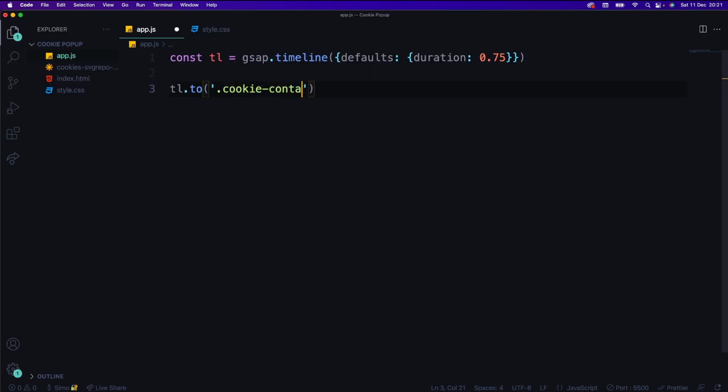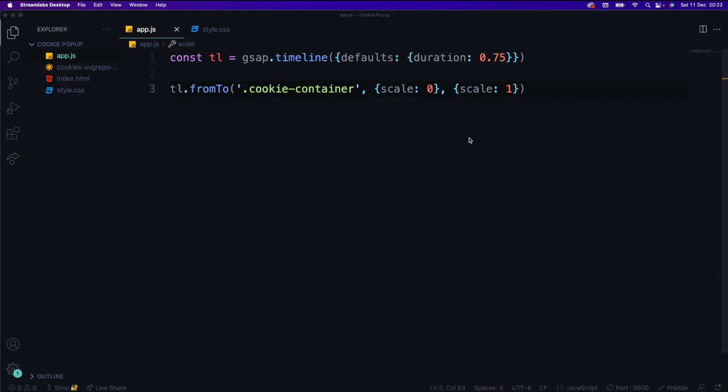In this case, the cookie container, like that. I'm going to add a comma to it. What I want to do is just scale it up. Now, what I want to do first is actually scale it down. So I'm going to do from 2. Okay, so I want it from a small scale, like 0, and scale it up to 1,